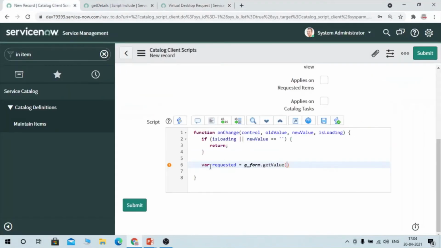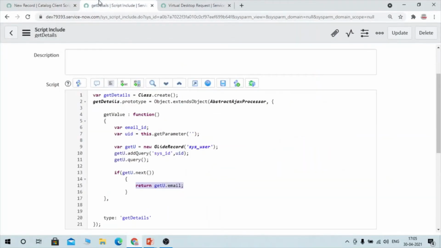Why do I want it? Because I need to add this as a parameter and pass it to the server side, so it can compare which user has been selected and populate the email ID of that respective user.